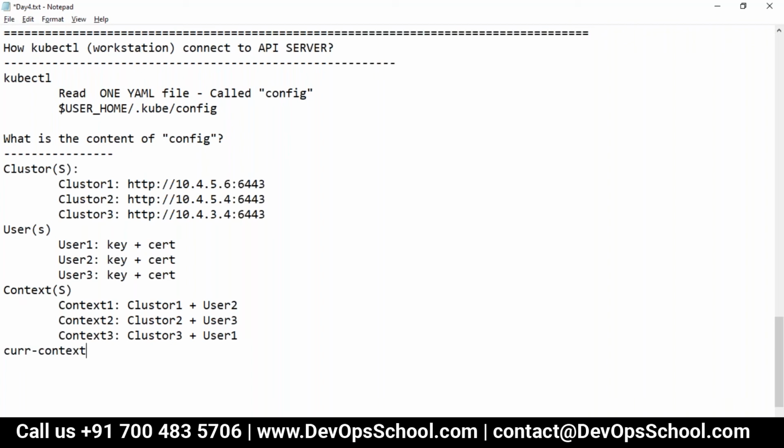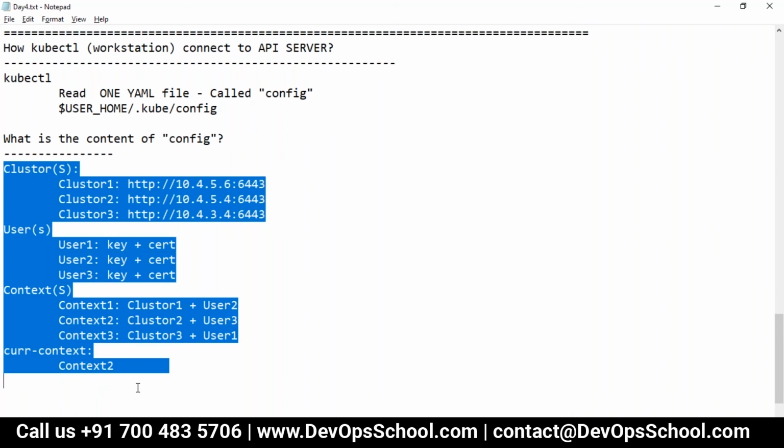We call it the default context, the one you always want to work with, and let's say most of the time you work with context 2. This way, in this skeleton, you can work with multiple clusters from your laptop. Did you understand that now?